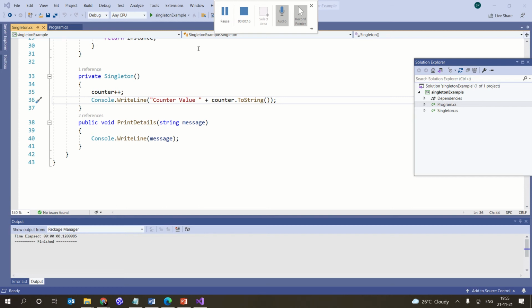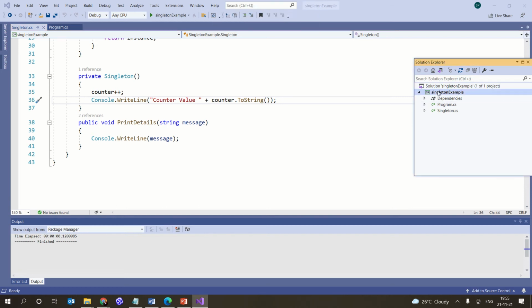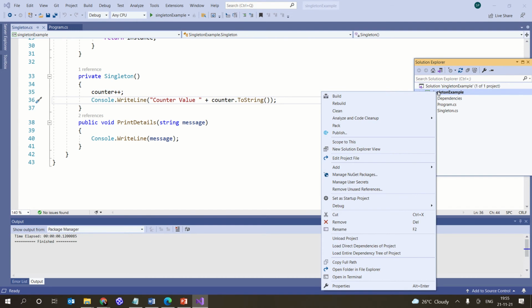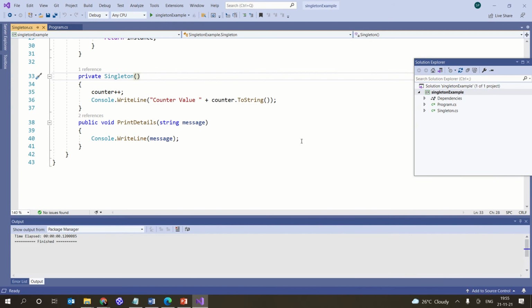The first thing we have to understand is that if we have a program like this and you want to view the class diagram, you click on the main program and right click, and it should show the view diagram. If it does not, sometimes in Visual Studio 2019 the package class designer will not be installed automatically. In that case, you have to go to tools.